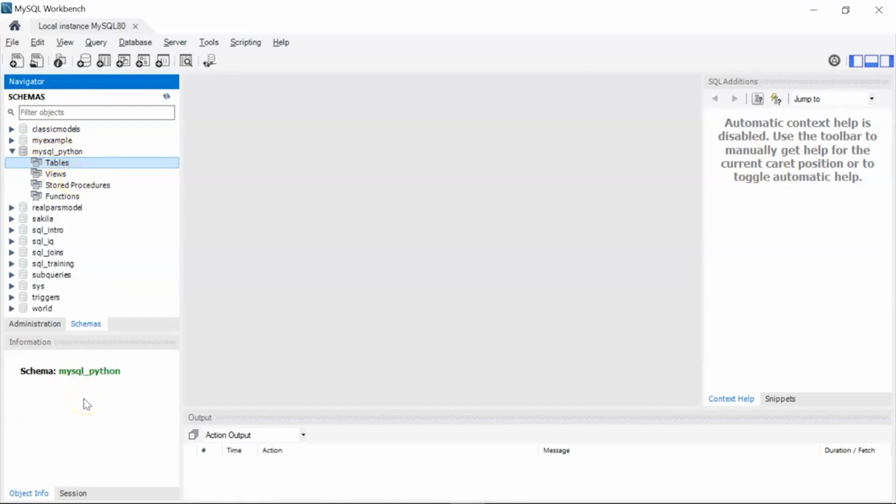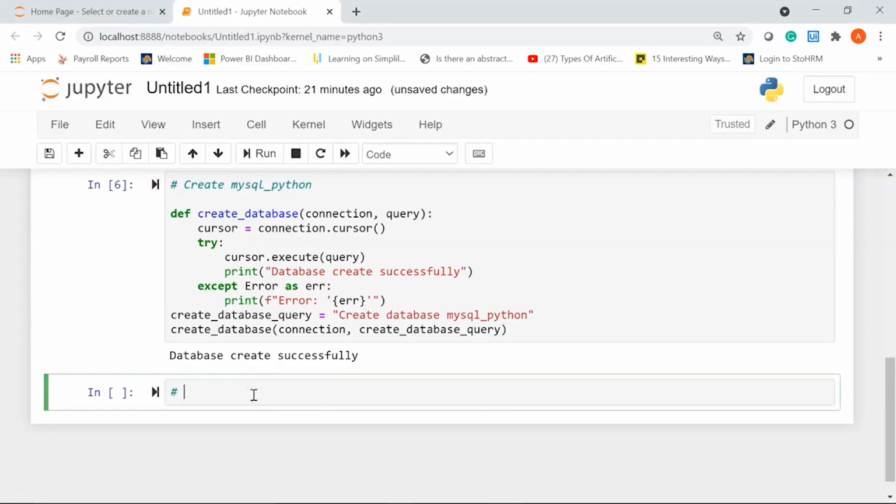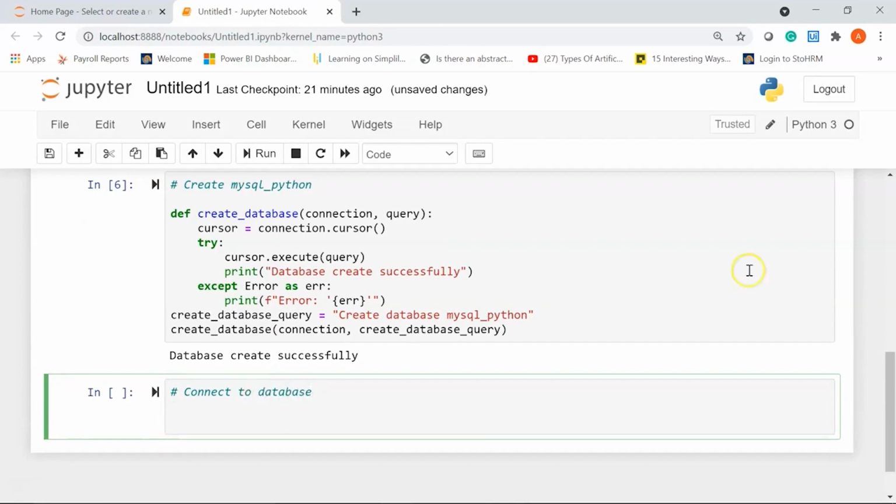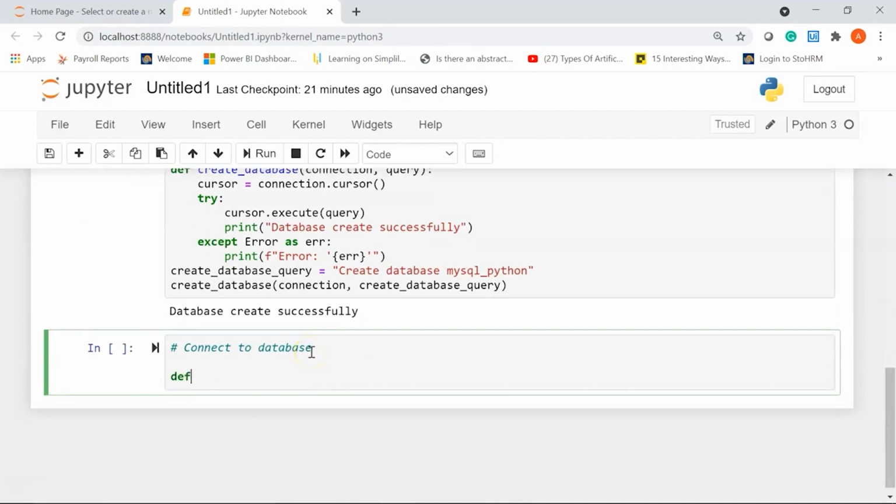The next step, we are going to connect to this database. So let's go ahead and connect to our database that we have just created. I'll write the comment as connect to database. Now to connect to our database, I'm again going to create a user defined function using the def keyword. I'll write create underscore db, which is for database underscore connection,